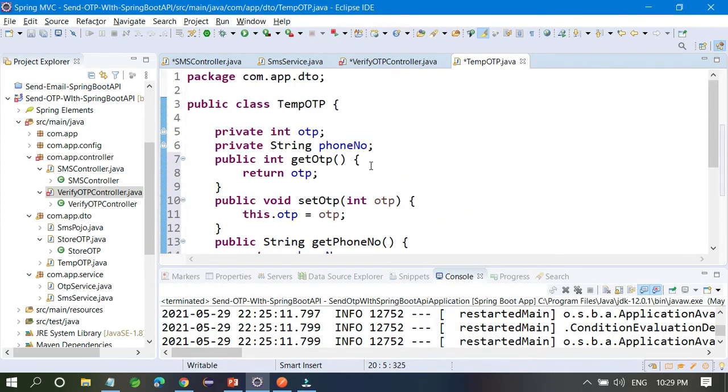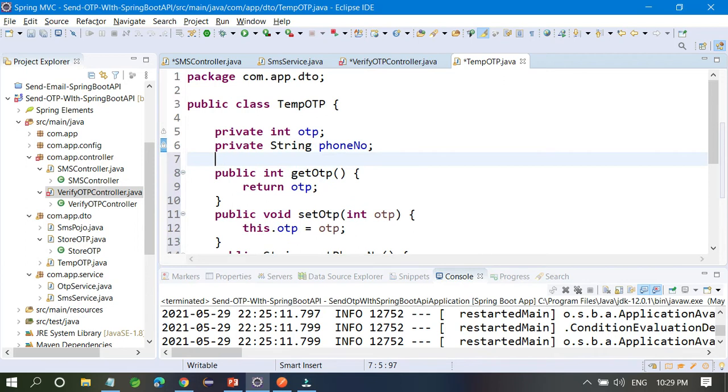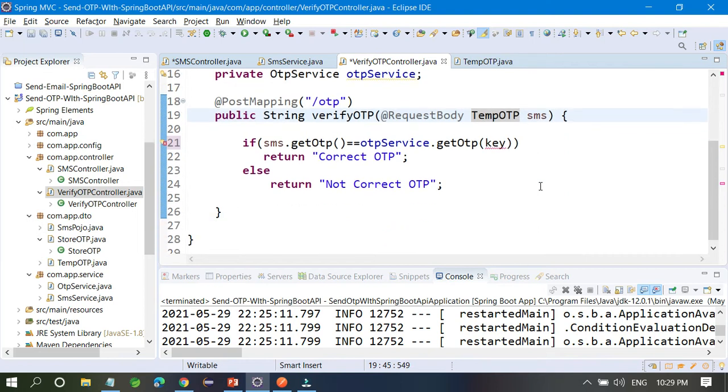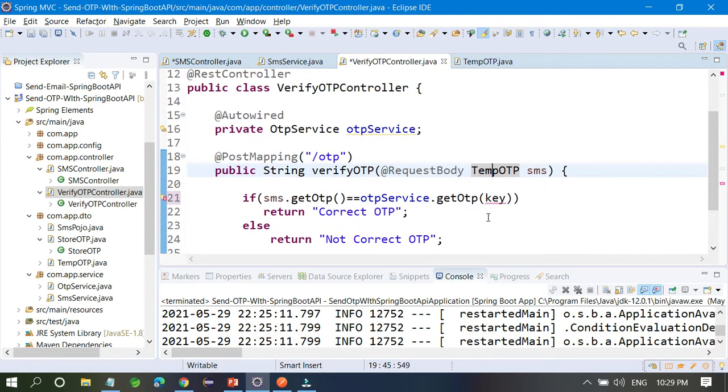So for both you are able to generate phone numbers. So the user will send two values, one is OTP and one is phone numbers. Okay, so you have to call like otp get OTP. So here you have to call sms.getPhoneNumbers, sms.getPhoneNumbers.